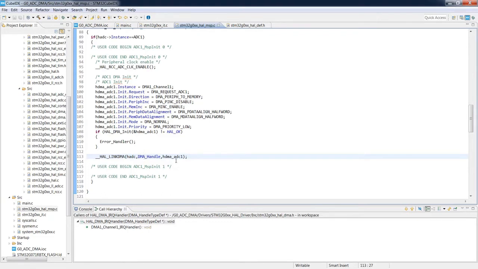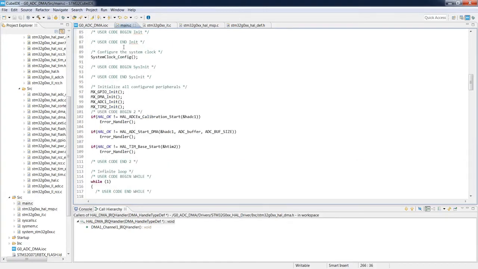It's connecting in fact the callbacks from ADC, which should be used normally by its interrupts, to callbacks from a DMA. As a result, we can reuse, for example, the ADC conversion complete callback from ADC as a final result of DMA transfer complete.